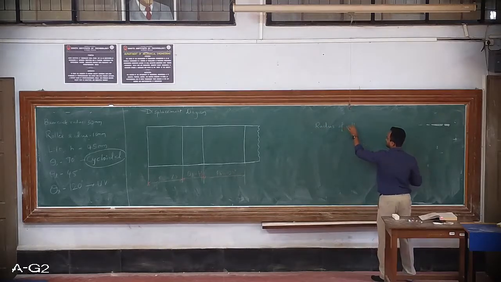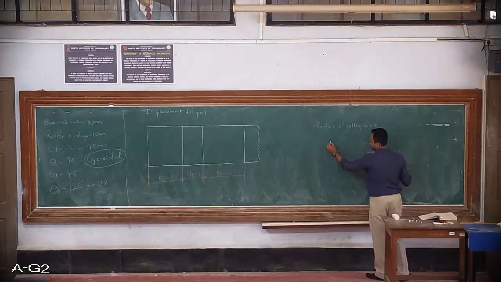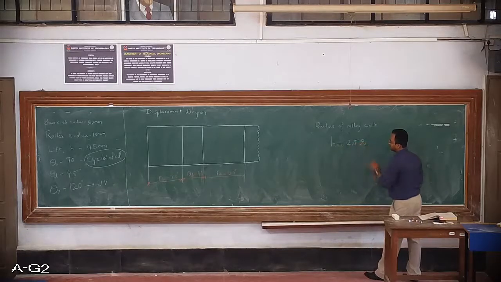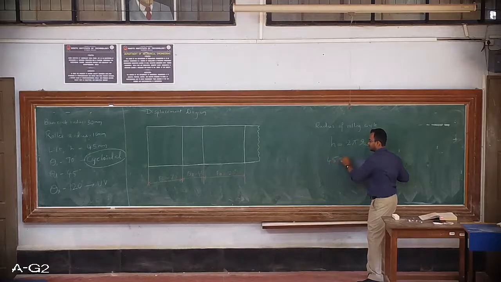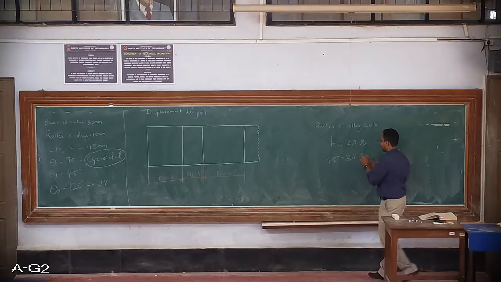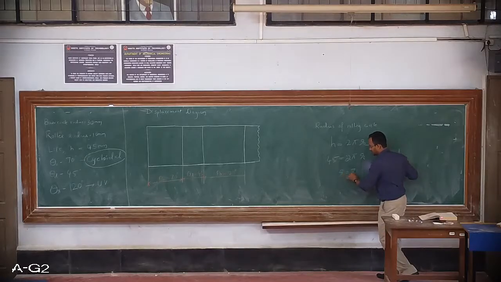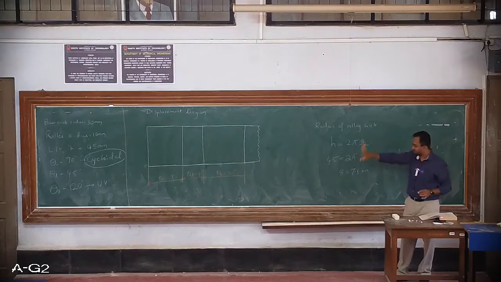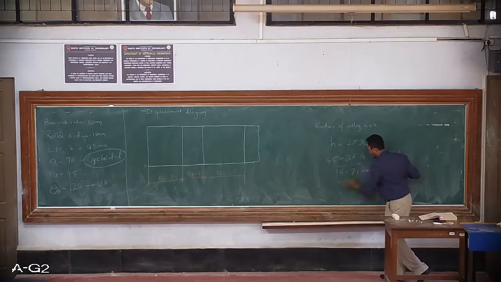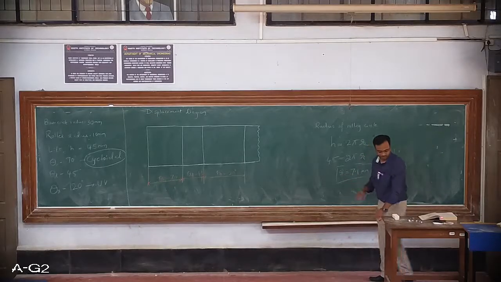So what we need to calculate is the radius of the rolling circle. The equation used here is h is equal to 2 pi r, where h stands for the maximum lift, which is 45 mm, equal to 2 pi r, and r stands for the radius of rolling circle. So with this equation we have got r equal to 7.1 mm. I am going to use this in the displacement diagram at the later stage, but you will have to just remember this is what we have calculated: radius of rolling circle r equal to 7.1 mm.